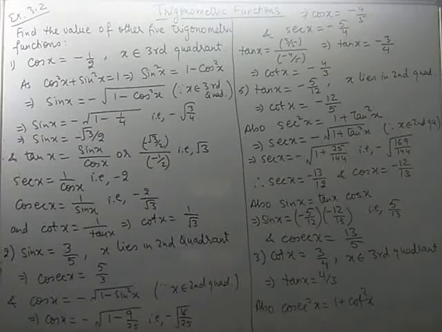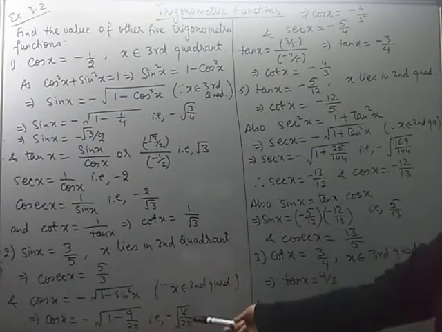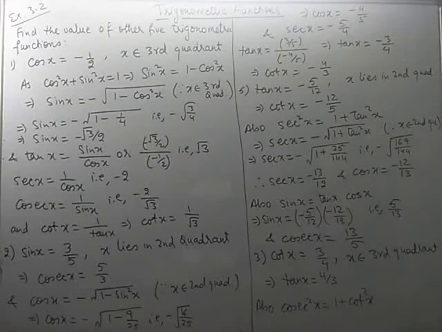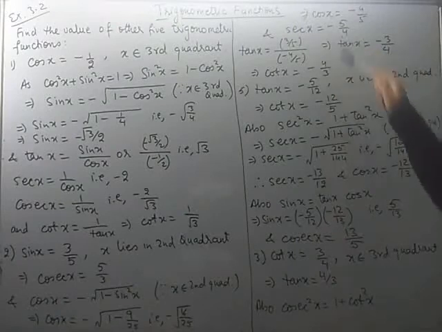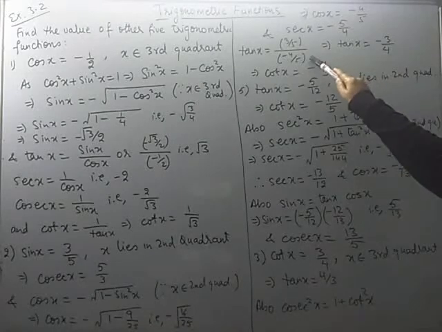So put the value of sin x, its square will be 9 by 25. And if we take LCM here and simplify under the square root, we get 16 over 25, and both are perfect squares, you can see. So cos x reduces to minus 4 over 5. And if cos x is minus 4 over 5, that means sec x will be minus 5 by 4. Now sin and cos both are known, so tan x can be evaluated.